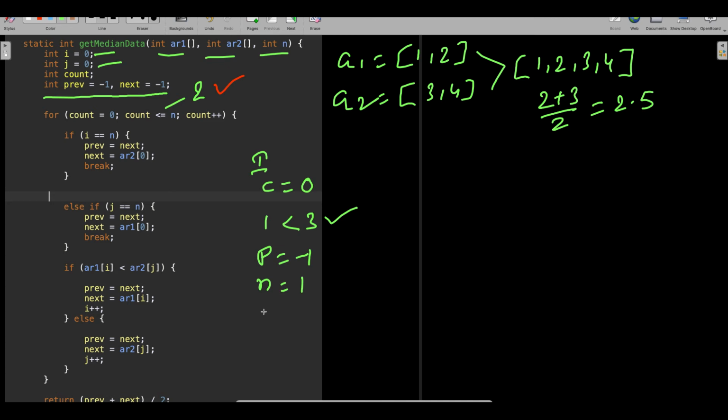This is the first iteration and I became 1. Now second iteration, when we went inside the counter was 0, and when going inside the second iteration this counter is already 1, right?